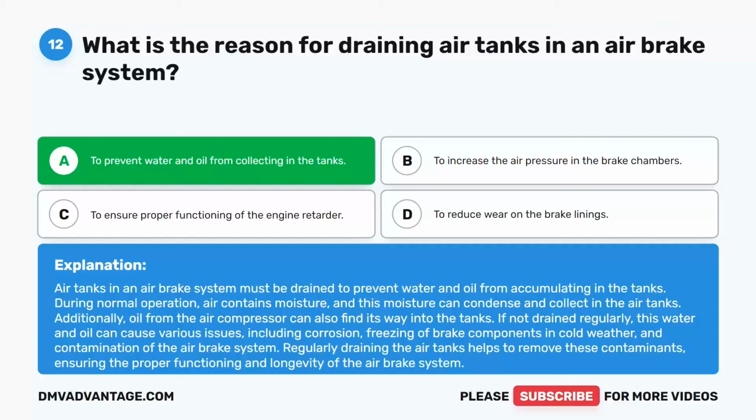If not drained regularly, this water and oil can cause various issues, including corrosion, freezing of brake components in cold weather, and contamination of the air brake system. Regularly draining the air tanks helps to remove these contaminants, ensuring the proper functioning and longevity of the air brake